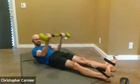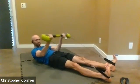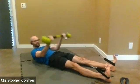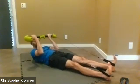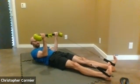And now we're just going to do some bicep curls of bend and straighten. Bend and straighten. Good. Bend and straighten. For 5, 4, 3, 2. And you're going to pause with your elbows bent, making a 90-degree angle so that your wrists are directly on